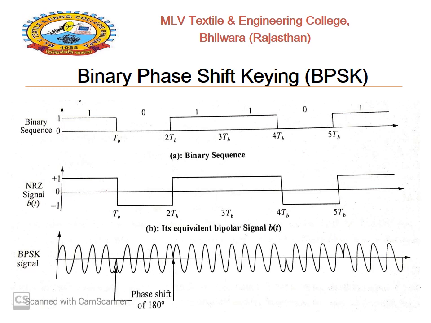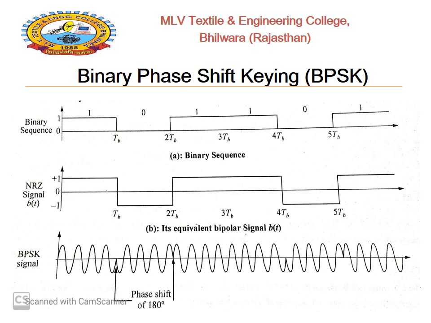Here in the PPT we see the waveforms representing BPSK. The first figure represents the binary sequence, the bit sequence 101101. The second one is the NRZ form of the bit sequence, B of t, where 1 is represented by the positive upper part and 0 by the downward part, below the ground level of 0. So 1 is represented by +1 and 0 by -1, and the bit durations for each section will be TB, 2 TB, 3 TB, 4 TB, and 5 TB.